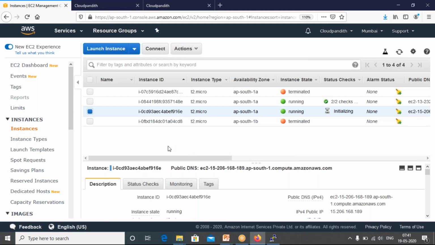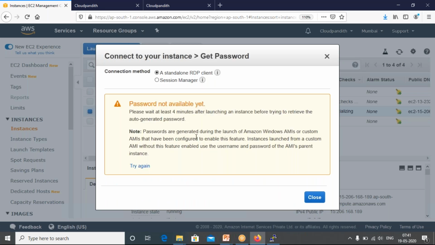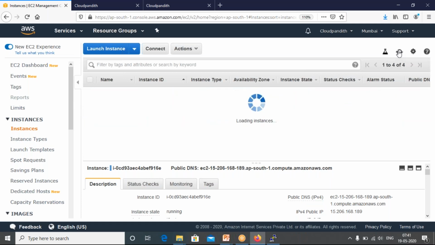Okay, fine. So meanwhile, let me explain. As we are going to connect to the Windows machine, you no need to convert this particular PEM into PPK and all those things. I will show you now. Once you are able to connect here, click on get password, it will ask you to browse the PEM format file. Once you provide that, the key will be decrypted and it will generate the password for you. That password we are going to use to connect to this Windows machine. Just hold on a while so that it will come up, friends.